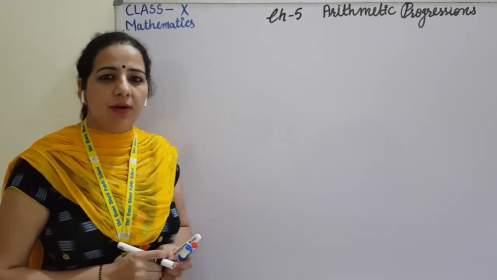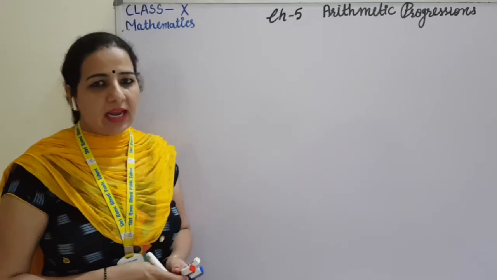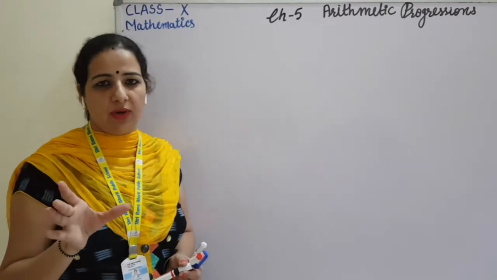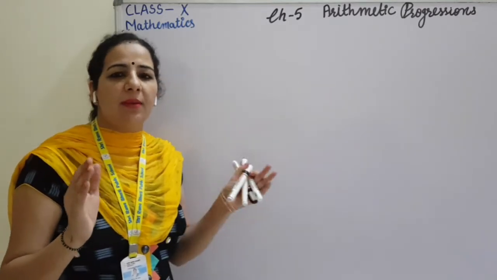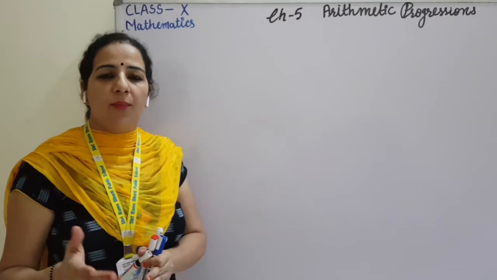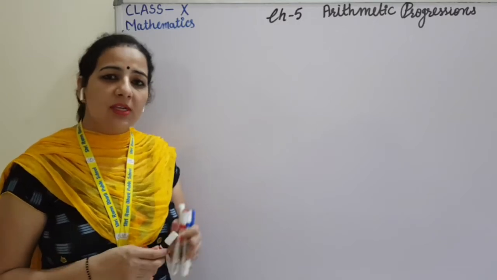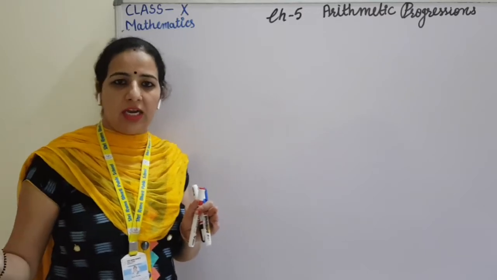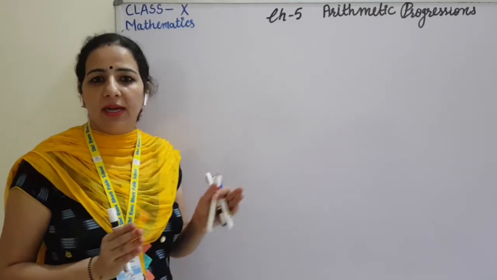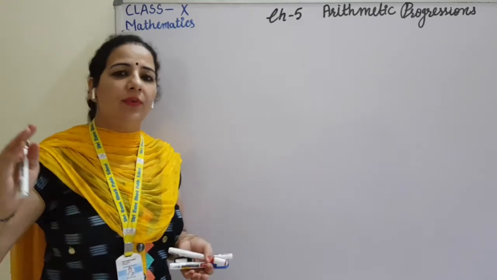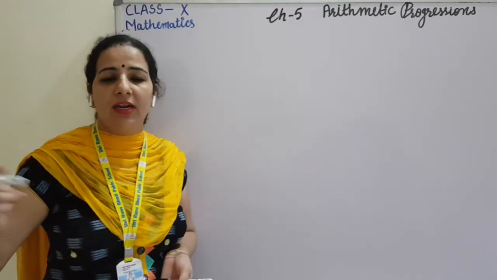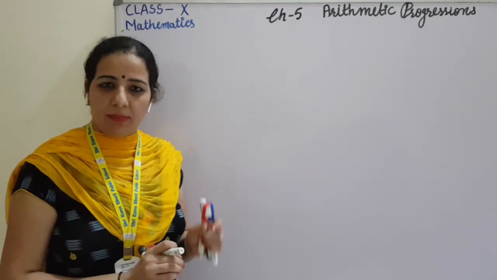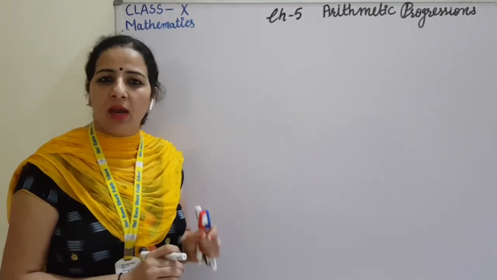First of all, I just want to tell you one thing. The middle term can be calculated if the series is given in a finite number of terms. Means if the series will be terminated after some points or after some terms. If the series goes to infinity, then we can't find out the middle term, because we can't say which term will be the middle term. So a middle term question can be asked if the series is finite.